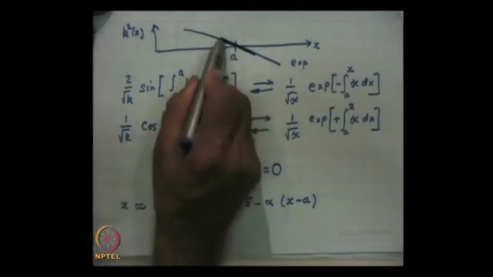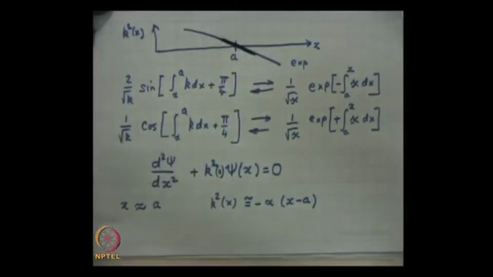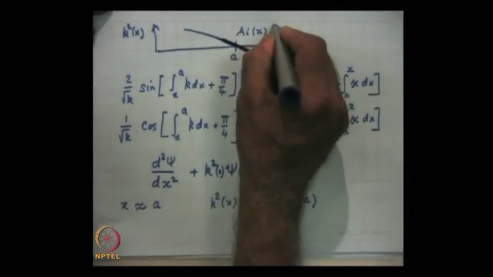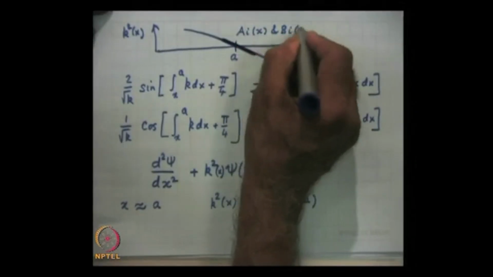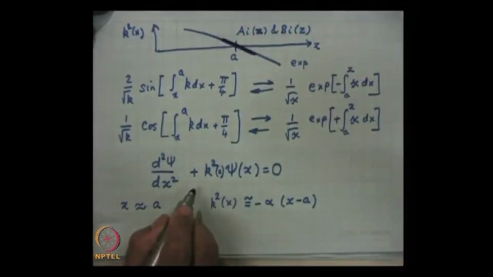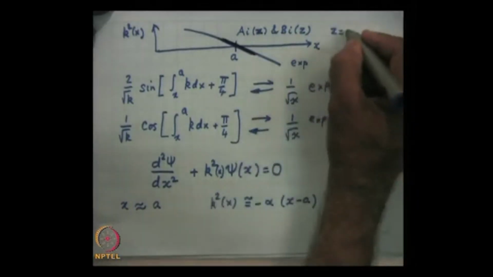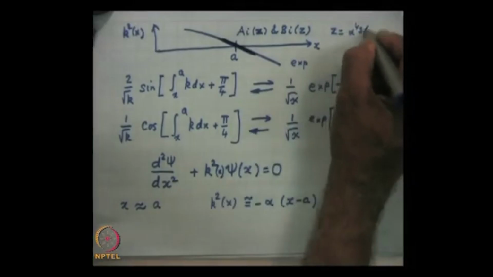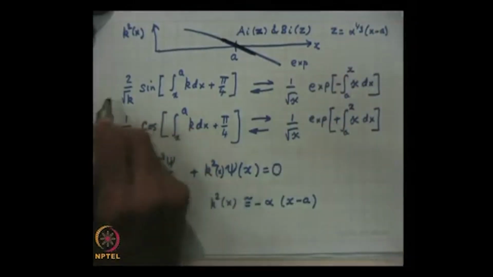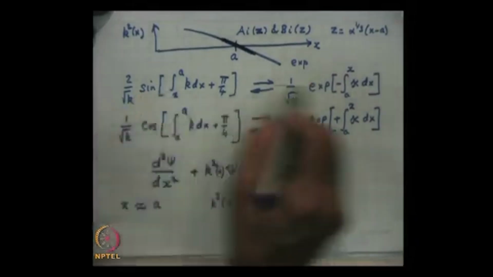When we assume the k square of x variation to be linear, then the solutions are rigorously Ai of z and Bi of z, where z is equal to alpha to the power of 1 by 3 into x minus a. Then these are the WKB solutions,